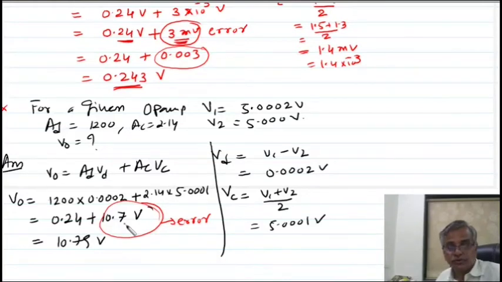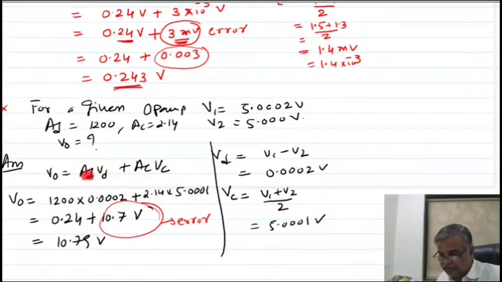So we have only one solution. If you want to reduce this error, then CMRR should be very high. If CMRR is very large, then this error term will not be introduced. It is very less. Look here in this problem what I did. I have to calculate the output voltage for this input voltage. So what is the output equation? VO is AD VD plus AC VC.